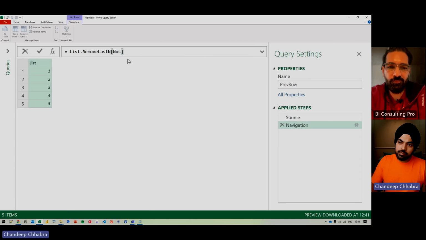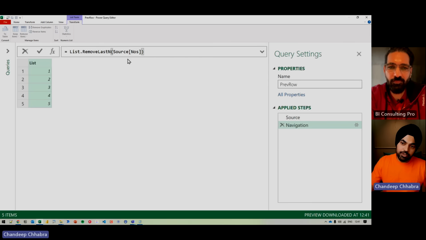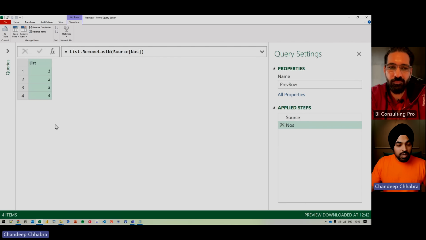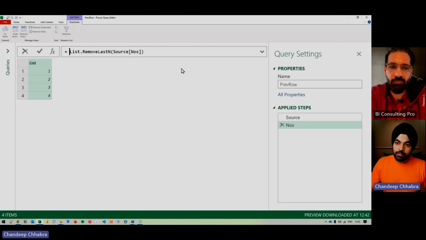Yeah, List.RemoveLastN, and I am going to say that from this list that I have, I just want to remove the last value right here. So the last value is gone. But at the top of this list, I want to add a null. So I'm going to go ahead and write a null, not in the brackets, just null,